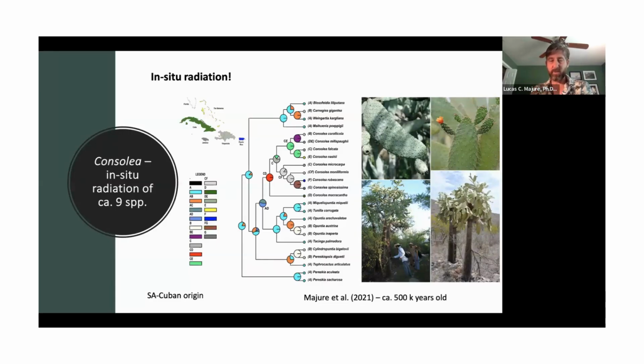Essentially, we found, I'll just make it short and sweet, that this group has close relatives in South America. It's a group where probably the ancestor originated either on Cuba or Hispaniola before expanding across onto other islands. And it's super, super young, about 500,000 years old, maybe up to 1 million years old. And so in geological terms and plant evolutionary times, that's really, really young. And it seems that this group has speciated because of the changing expansion and contraction of tropical dry forests during the Pleistocene, which was a major series of events that happened all across the islands as well as across the world.